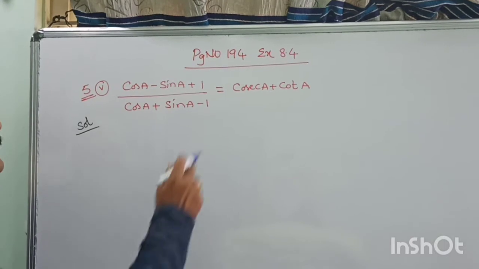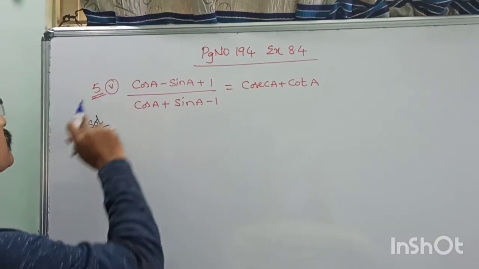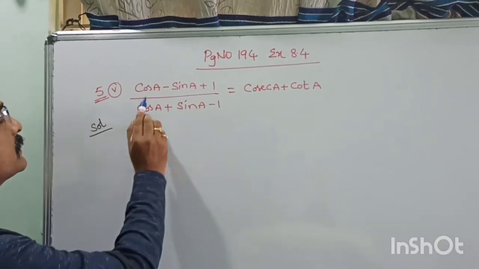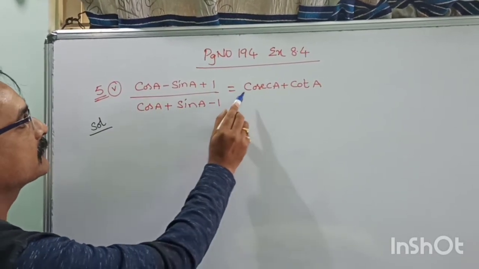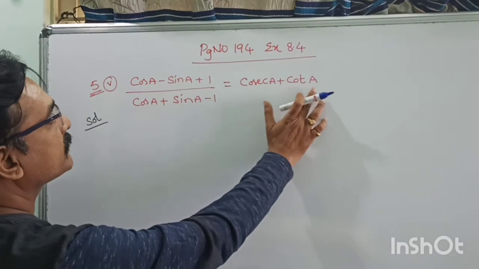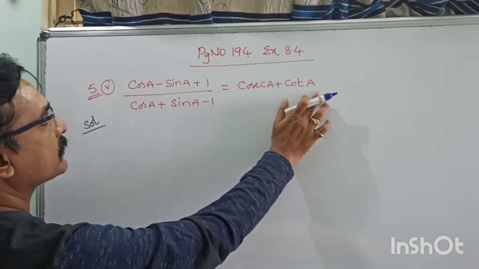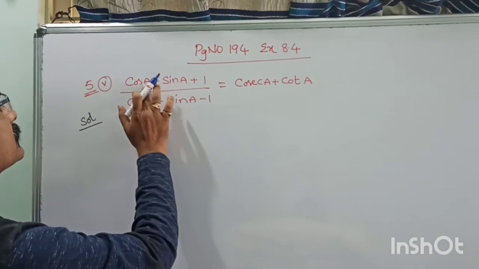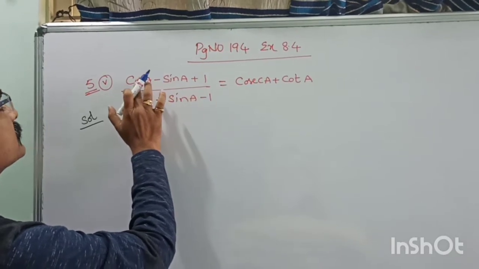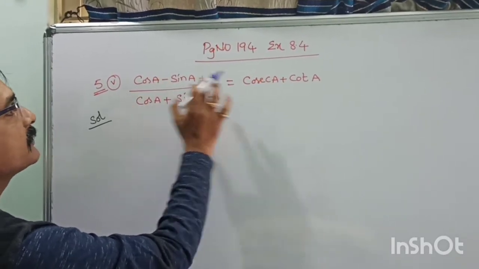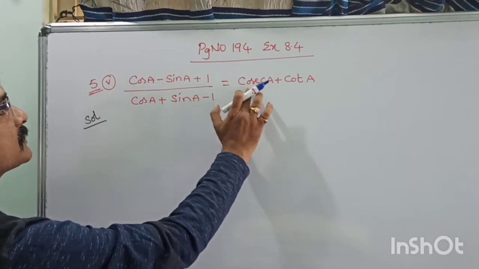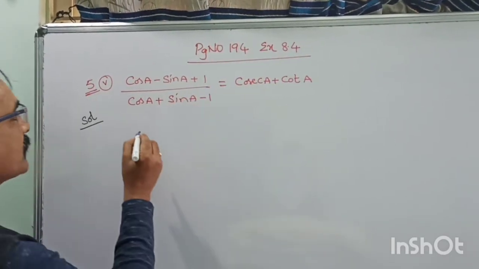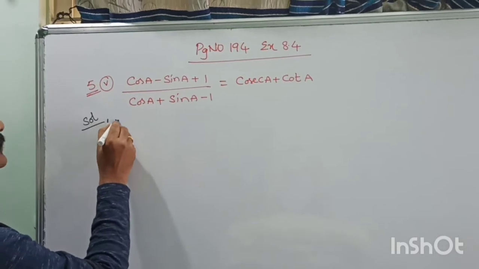Exercise 8.4, Roman number 5, question number 5. The given question is (cos A minus sin A plus 1) by (cos A plus sin A minus 1). We have to prove it equals cosecant A plus cot A. To get the term cot A, we have to divide all the terms by sin A. Then we can get cot A, and 1 by sin A, which is cosecant A. So taking the LHS,